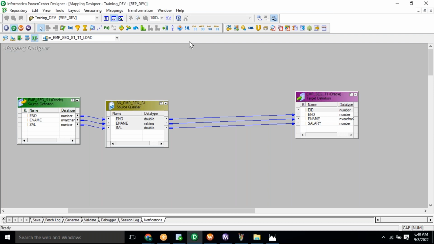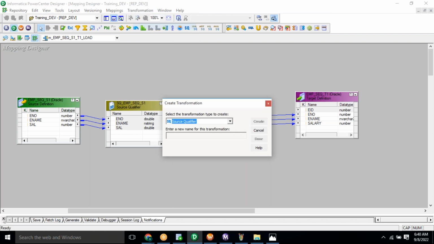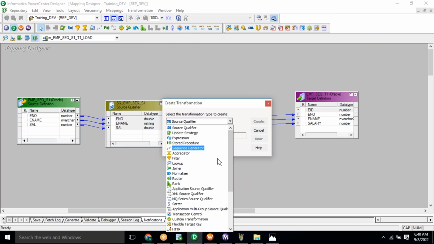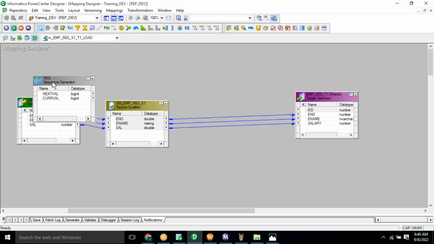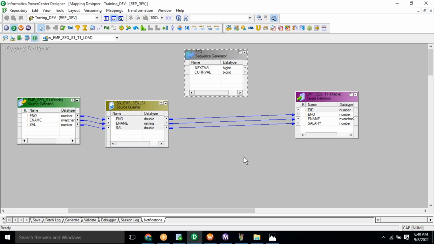To create a Sequence Generator transformation, go to the menu Transformation, Create. From this list, select the Sequence Generator. Here you go, we have the Sequence Generator transformation. The name is SEQ. Create. Done. Like that we have to place the Sequence Generator transformation before the target definition, and